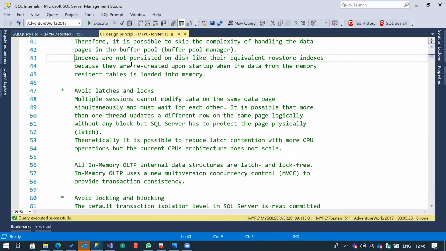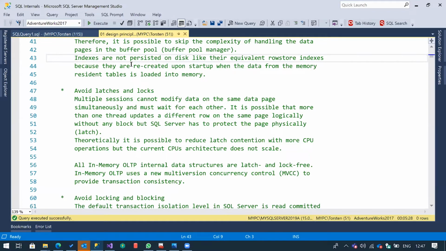Instead, all the information is stored in records, which is much more efficient, because now SQL Server can read one row instead of an 8 kilobyte page. But it only works when you have an index on top of your in-memory OLTP table,